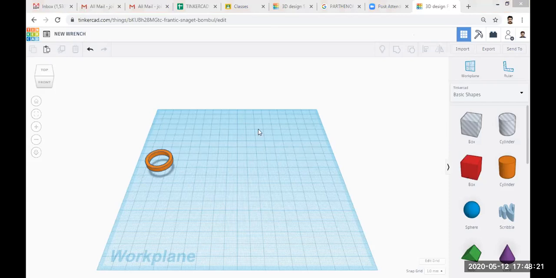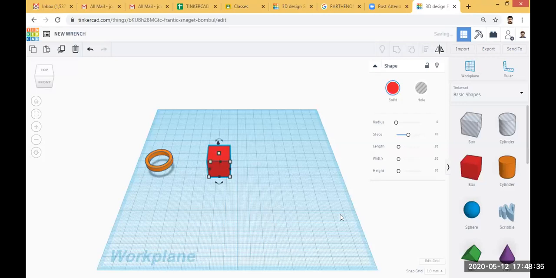Then next is the handle. Okay, so what is the basic shape of a handle? The basic shape of a handle is a rectangular-like structure. So I will select the box.